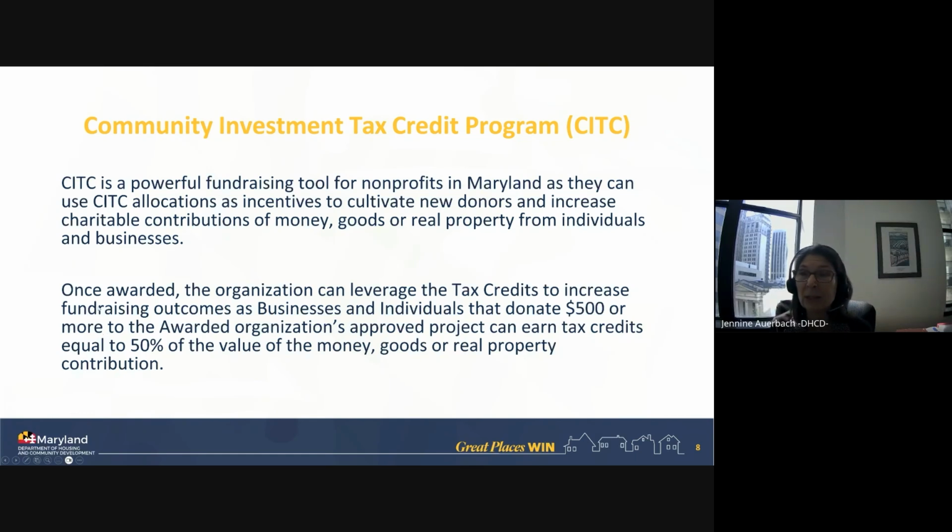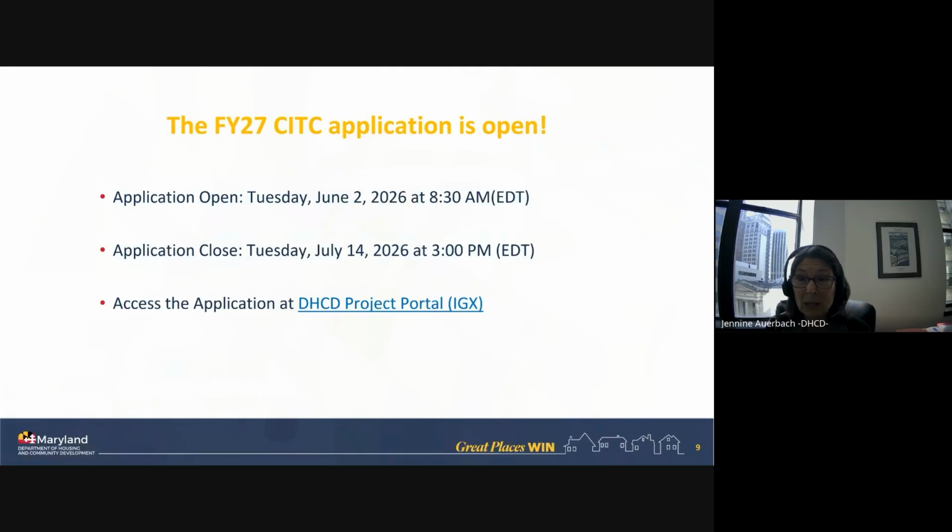So just to be clear, this program does not award funding to organizations. We award tax credits. CITC is a fundraising tool that can help 501c3 nonprofit organizations attract new donors, increase contributions from existing donors, and strengthen community investments.